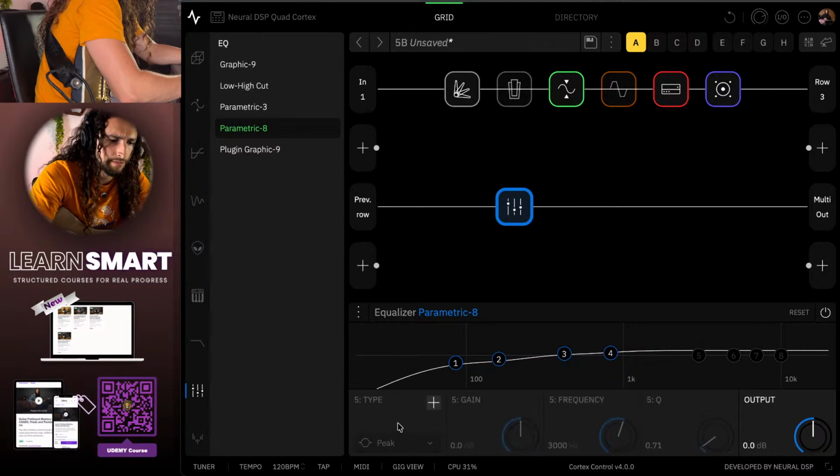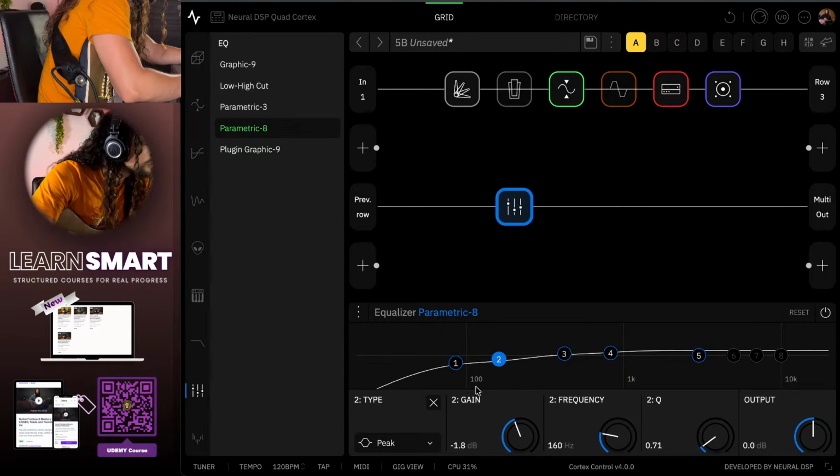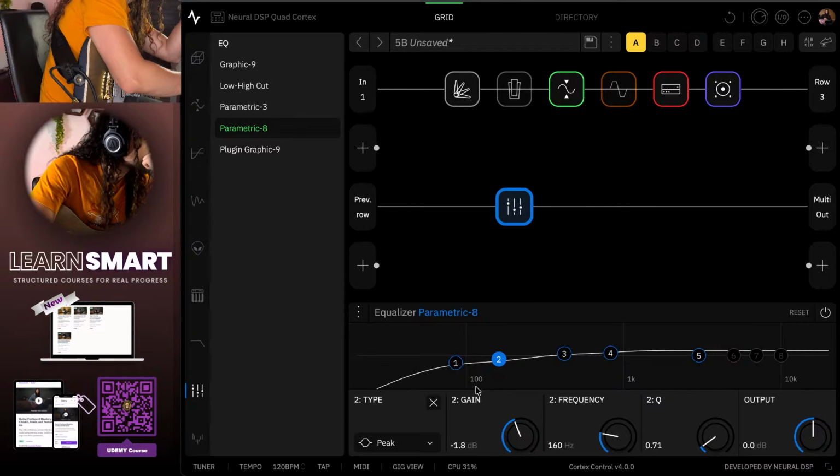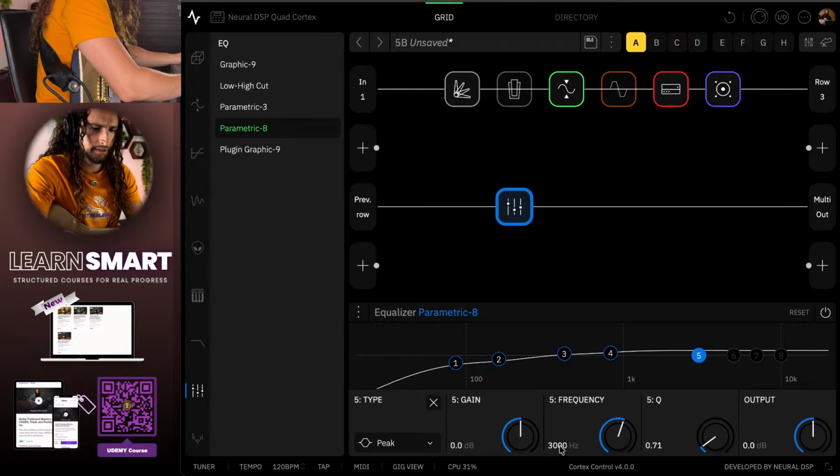And then we go to the 5 one. We turn that on. We are using everything on peak, yes. Then we go to the 5 and place it on 1.35. So the 5 one here,